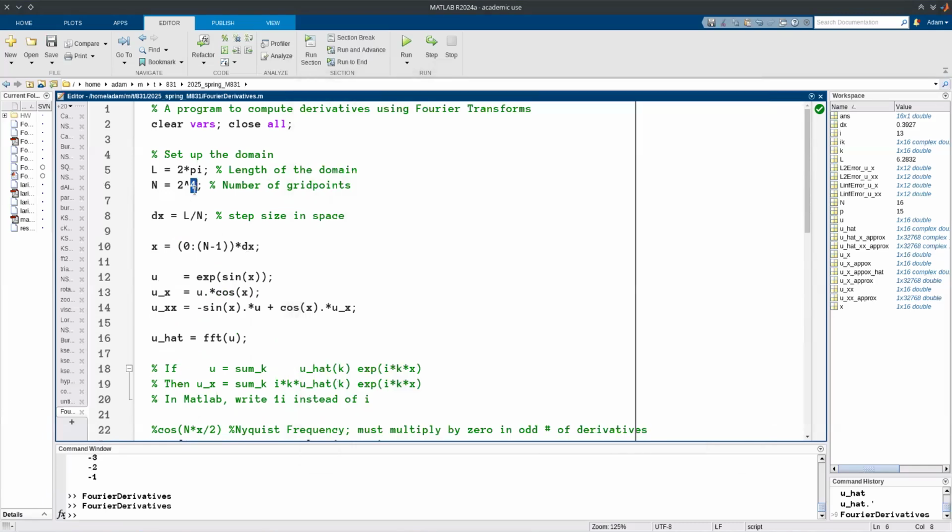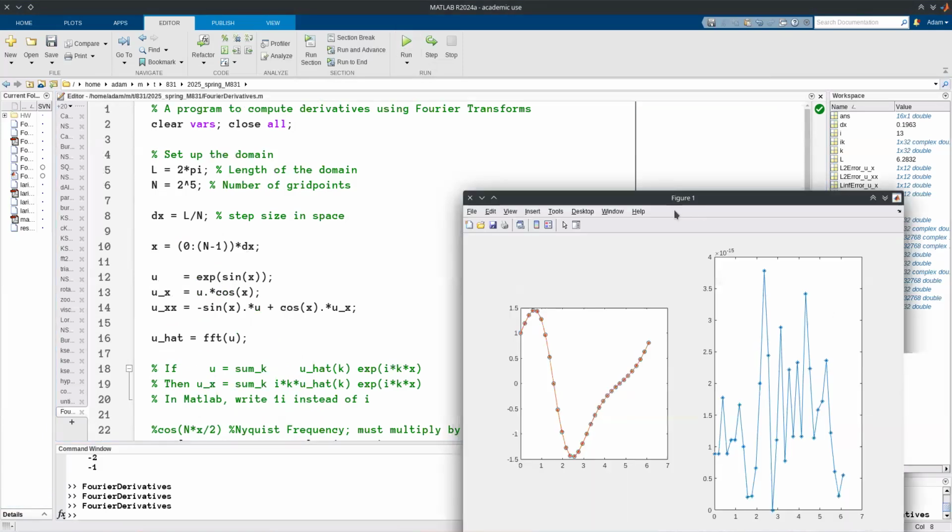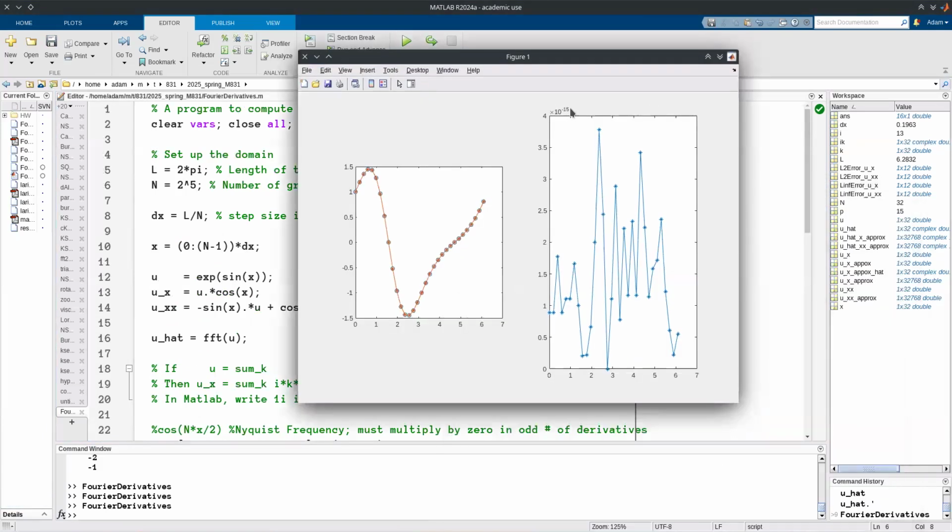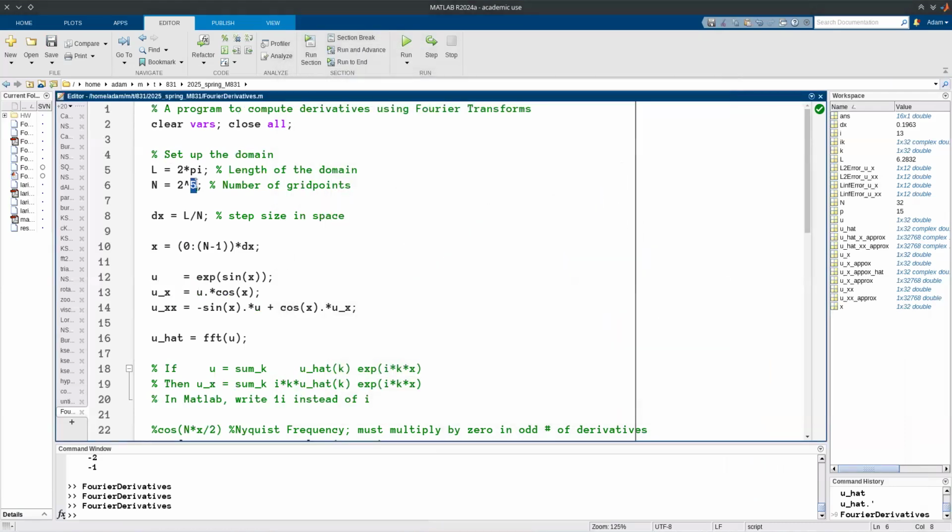If we increase the number of grid points, so let's double the number of grid points there, we're already at machine precision. That's part of why I wanted to work on something so low. We have this very, very fast convergence. Now you might ask, great, okay, so you might say, well, 2 to the 5th is maybe all that we need